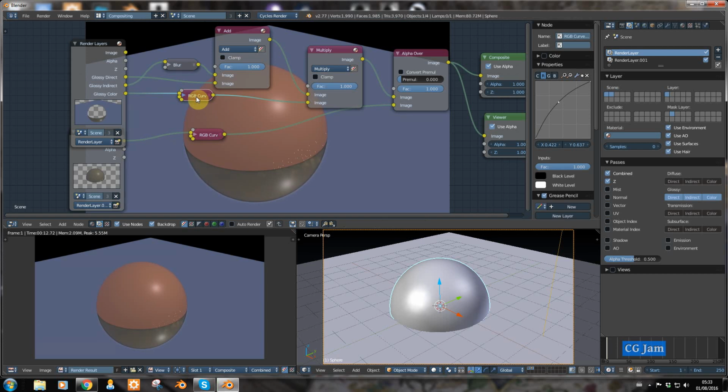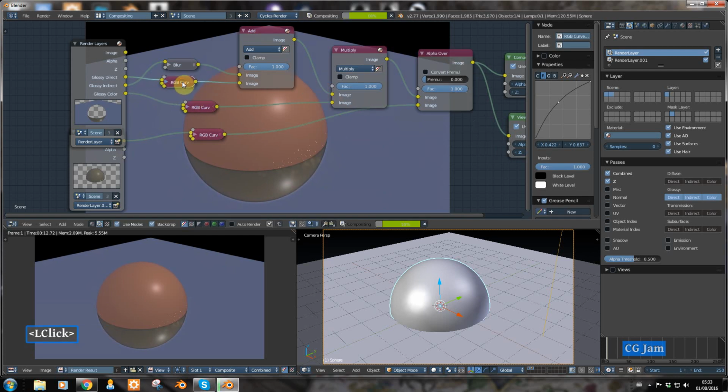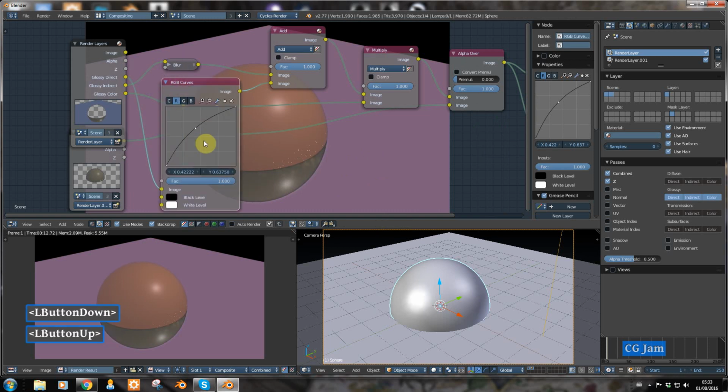So if I duplicate this RGB curve and drop it onto the colour, nothing happens because the colour is not the output that we wanted. So if I duplicate that again and I drop it up here onto the glossy direct, we can see we changed the actual colour of the plane, which wasn't what I wanted. I should have dropped it onto the glossy indirect, but this shows you equally well just how useful it is,